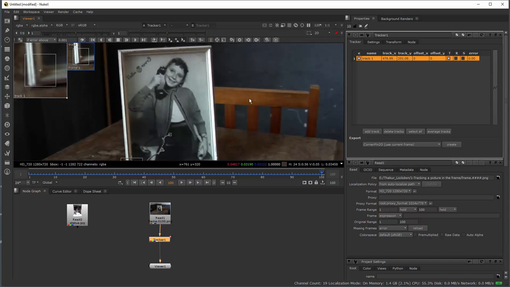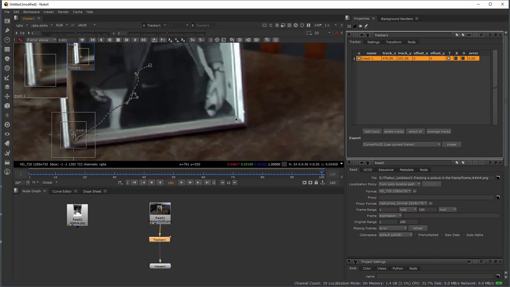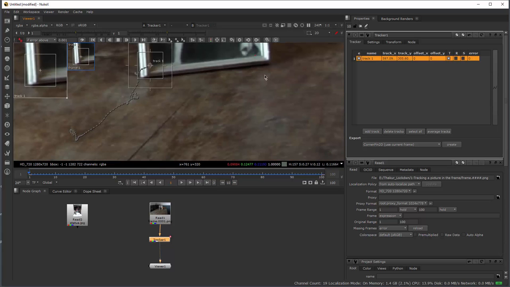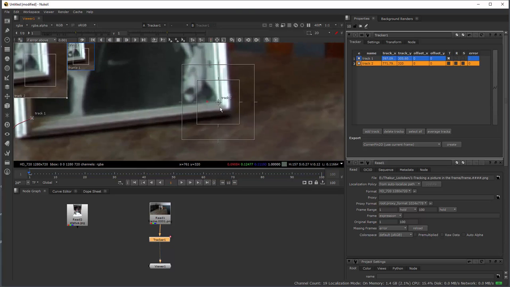Next, I am going to add another one, holding down the Alt or Control key, and create tracker 2.